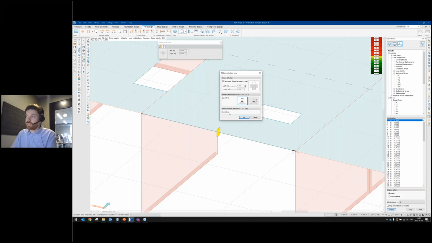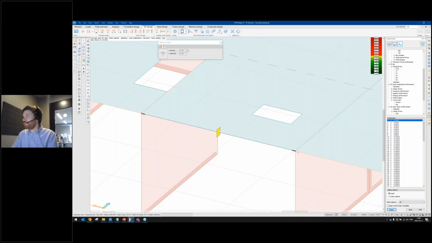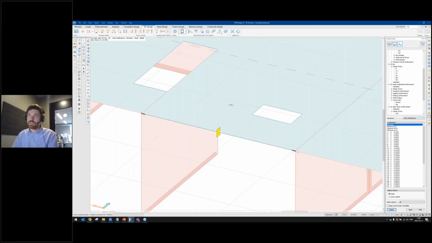You also have the option to either apply a reduction for the shear force or not. So it's the same for the moment. So now when I've applied this, we can take a look at the RC bar design forces. They appear when I've checked the bar. So I will continue to apply reinforcement in this bar, and we will check back on the design forces and compare them to the analysis